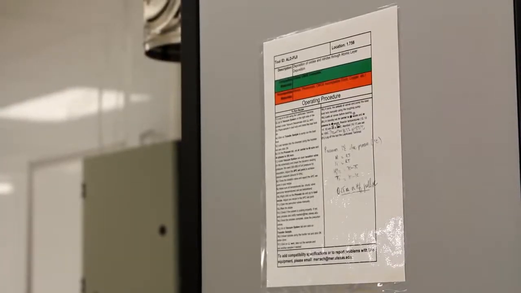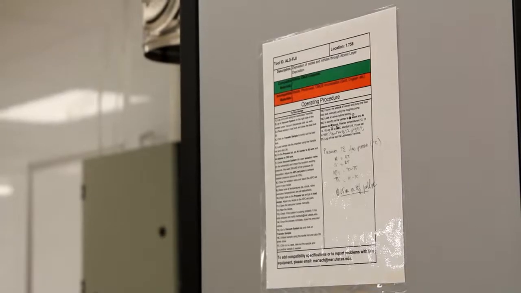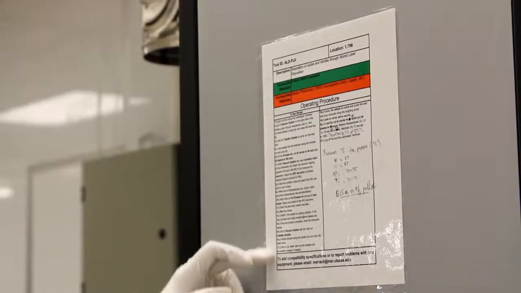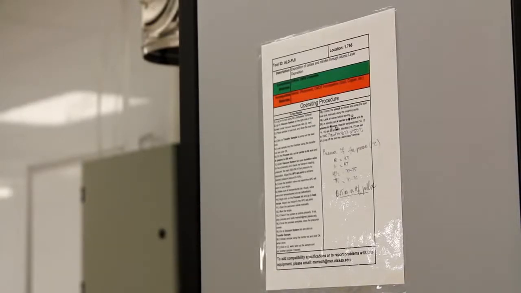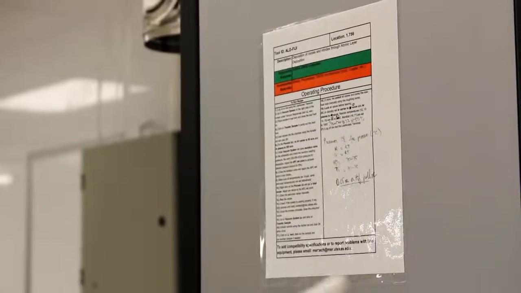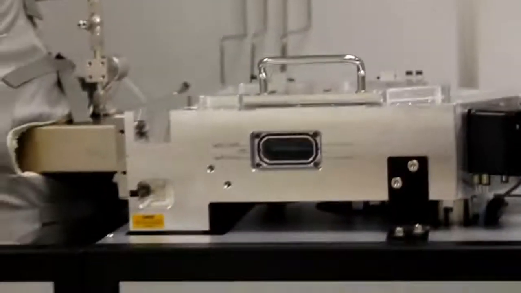Once you've logged in, you have to follow the steps that are listed on the machine. The next step is to vent the load lock, which is located here. For that, we go to the ALD software and we go to the Vacuum Systems tab, and then we go ahead and click Load Lock Vent. Then you wait for the system to vent it out, which takes approximately 2 minutes. Once it is vented, we click OK.